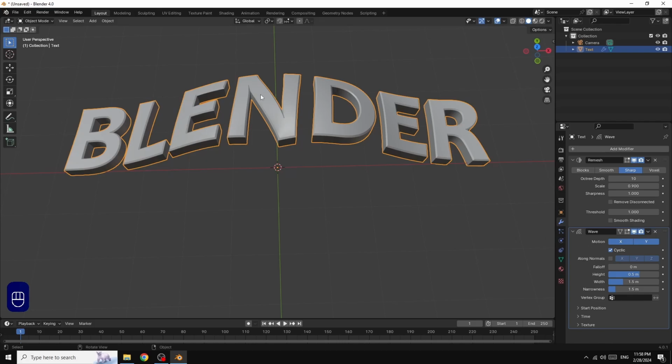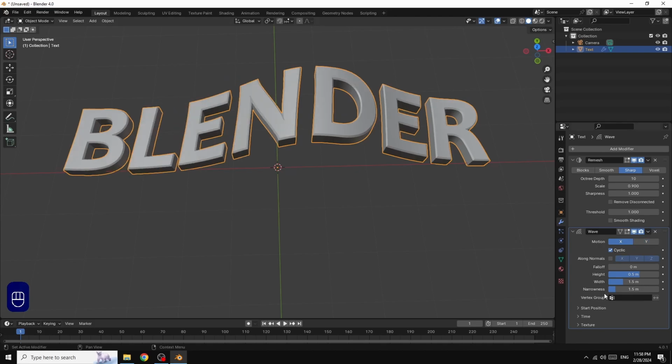We want the text to wave just in x-axis, not in x-axis and y-axis. So I disable this.